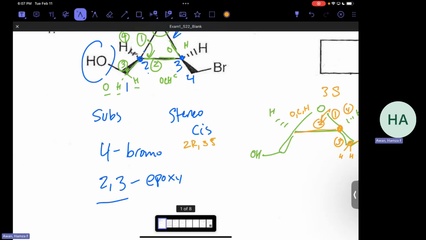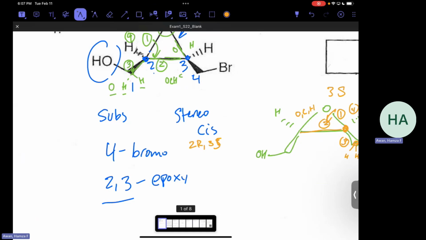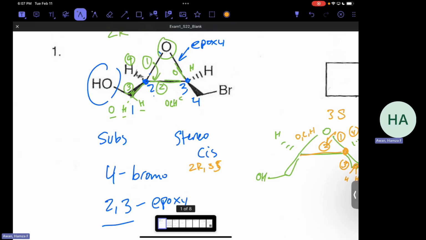right? You can put cis. Cis is fine in both scenarios. Just in some cases, cis will be incorrect, right? So it's better to get into the practice of doing R and S,